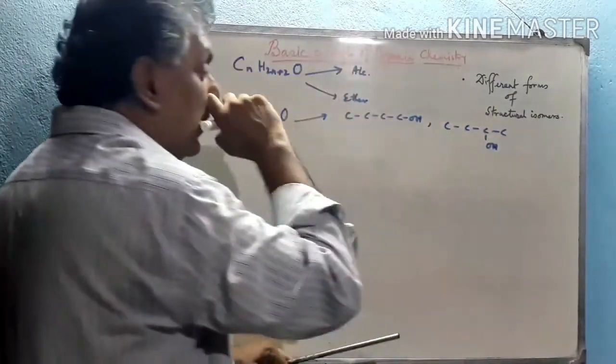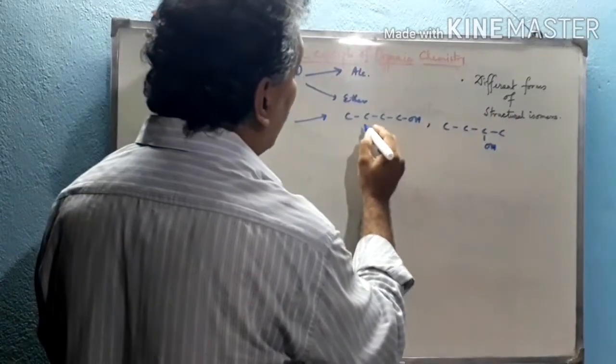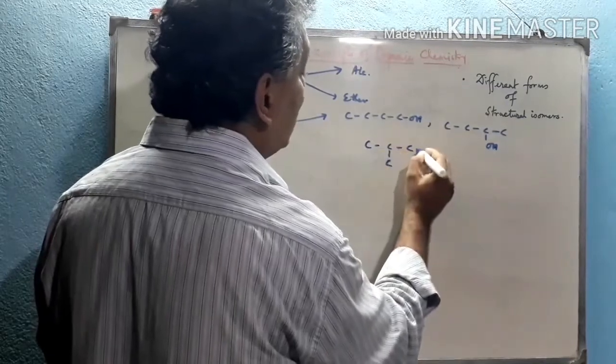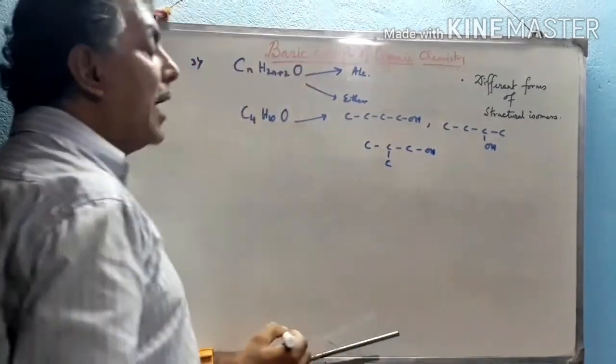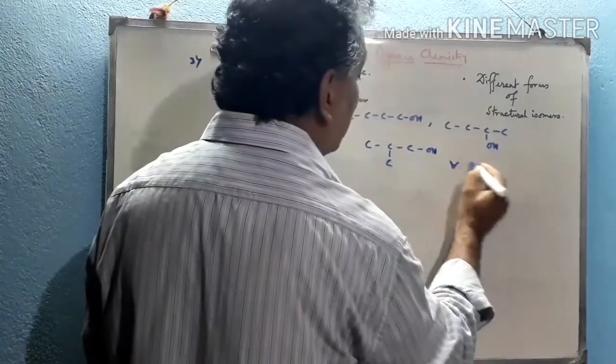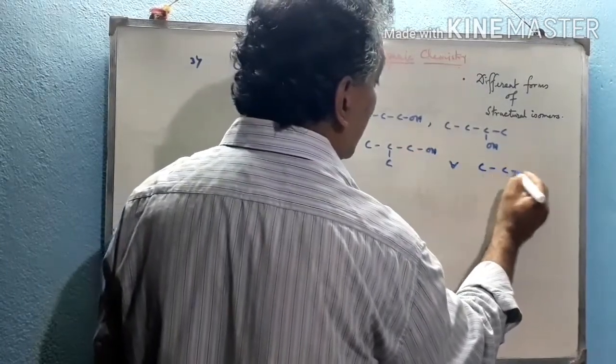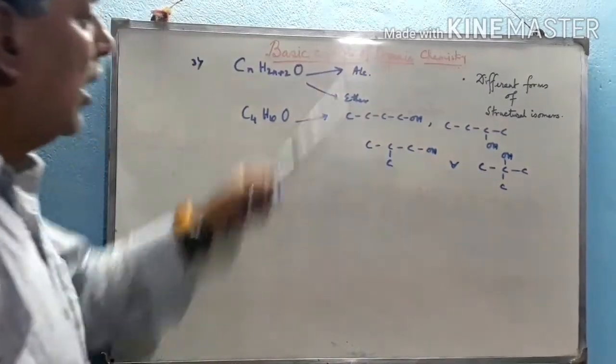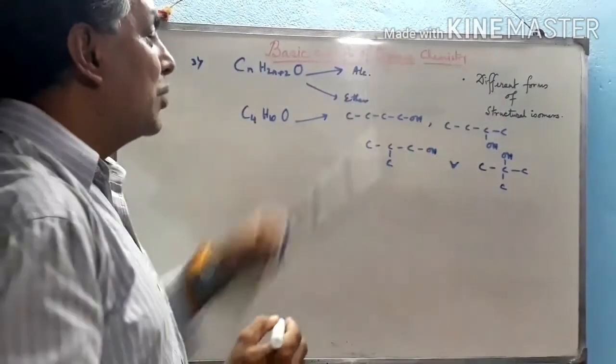If we change the position of the alcoholic group, then it will be butane-2-ol. If we change the chain of this compound, then a 3 carbon chain, 1 carbon will be in the branch chain, 2-methyl propane-1-ol, and the positional isomer with respect to this is 2-methyl propane-2-ol. These are a sum total of 4 structures with respect to the alcoholic group.